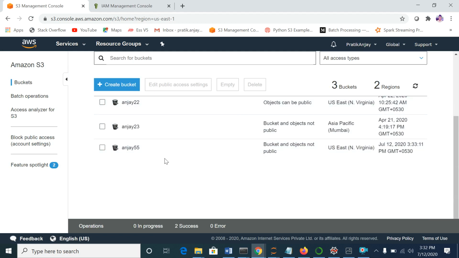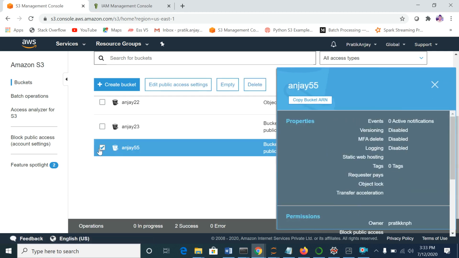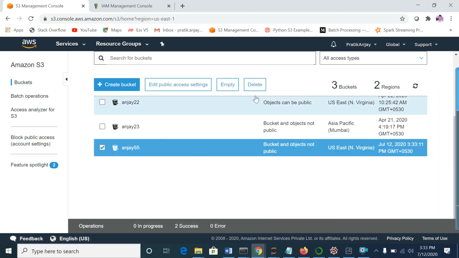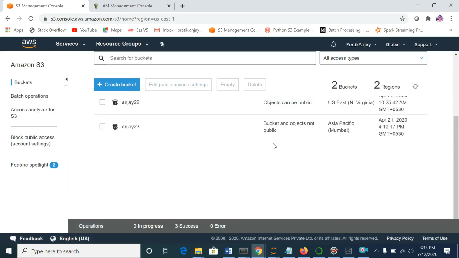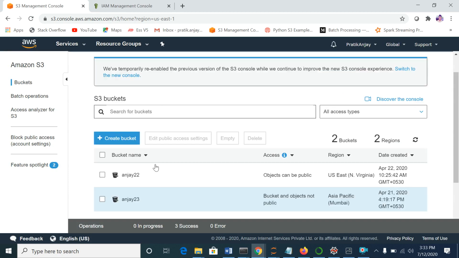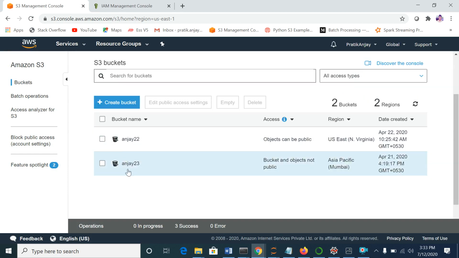I'm just going to delete this bucket for now, and again I will create this bucket using my Python code. Just select this bucket and click on delete. It will ask you to confirm the bucket name. Once again, I will write Anjay 55 and click on confirm. So see, now the Anjay 55 bucket is not available.